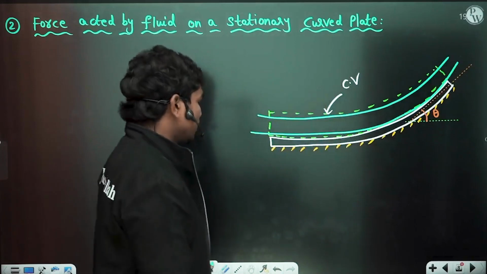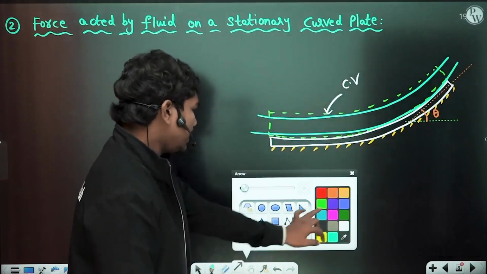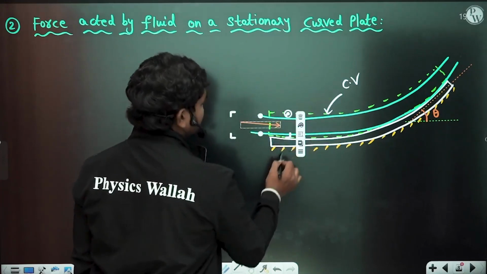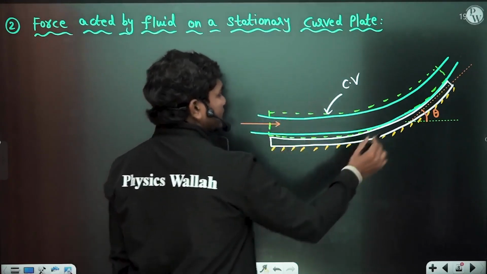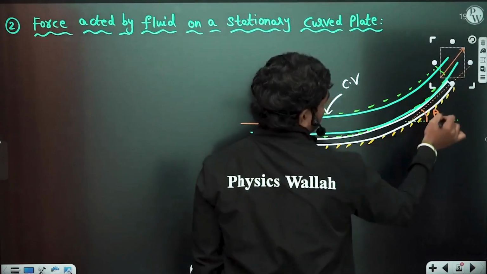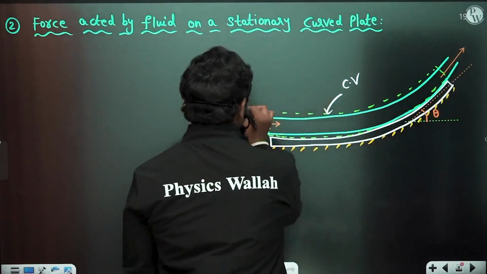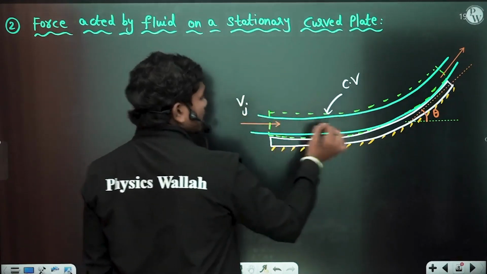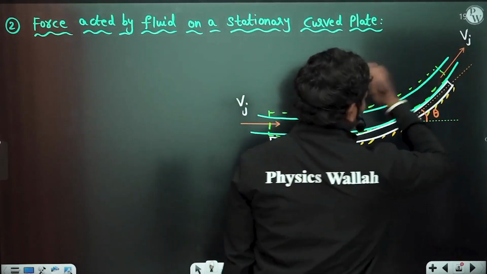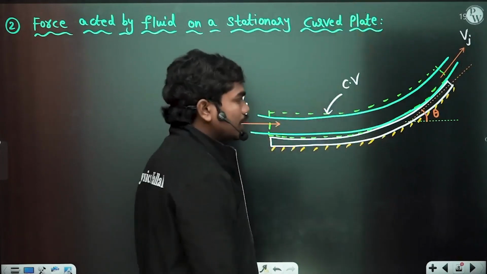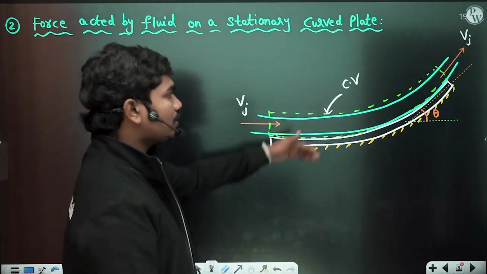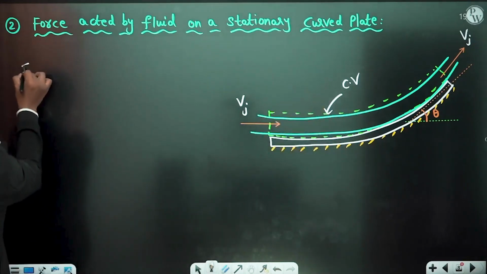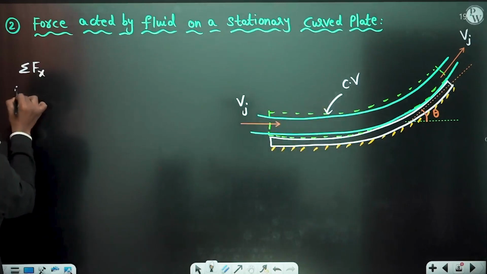Now at the inlet you have this velocity Vj, which is parallel to the x-axis, and at the outlet it is leaving at some inclination theta. So this is entering at velocity Vj, and this is also leaving at velocity Vj. There is no friction along the plate, so it is smoothly sliding over the plate. Now, if you want to calculate again the force acted by the fluid on the vane, sigma fx on plate